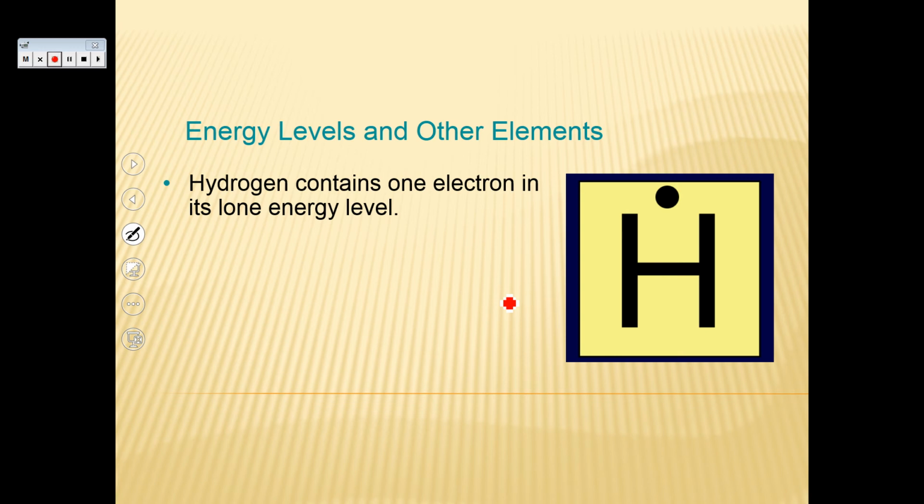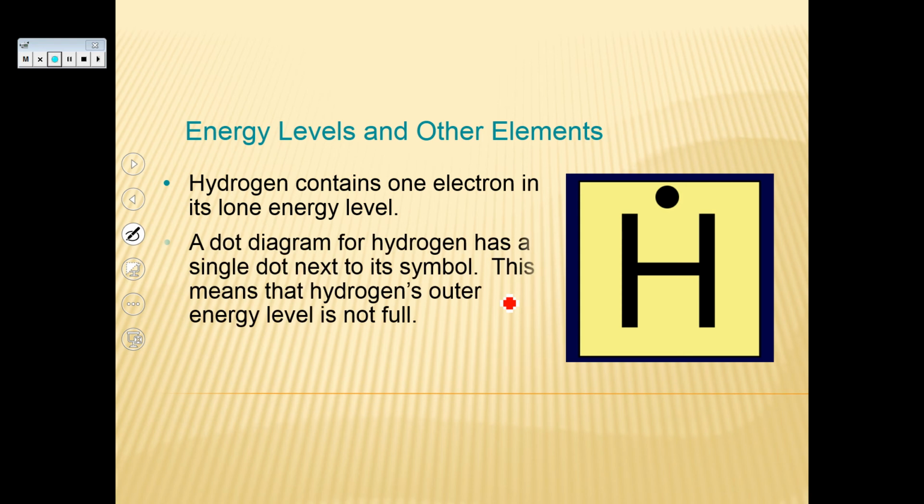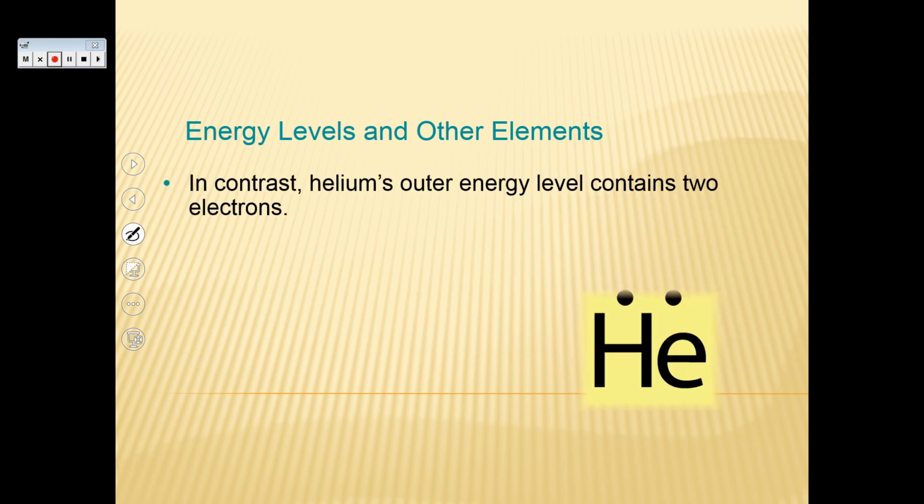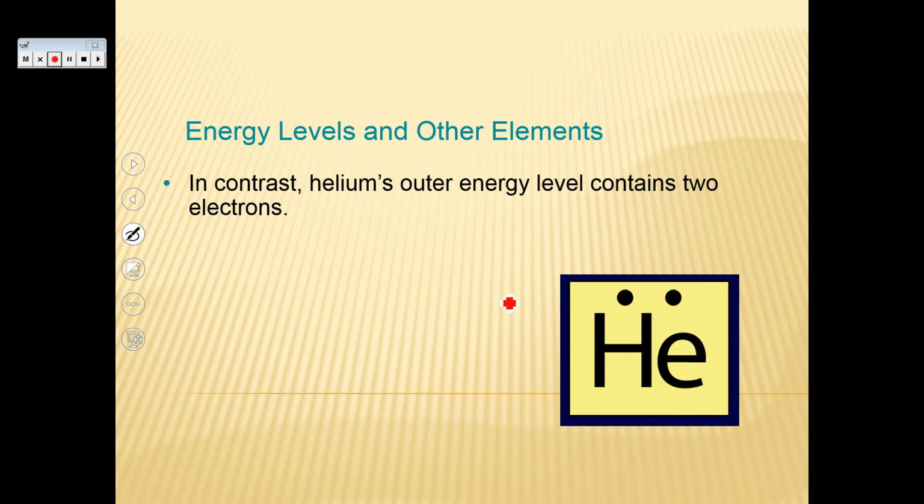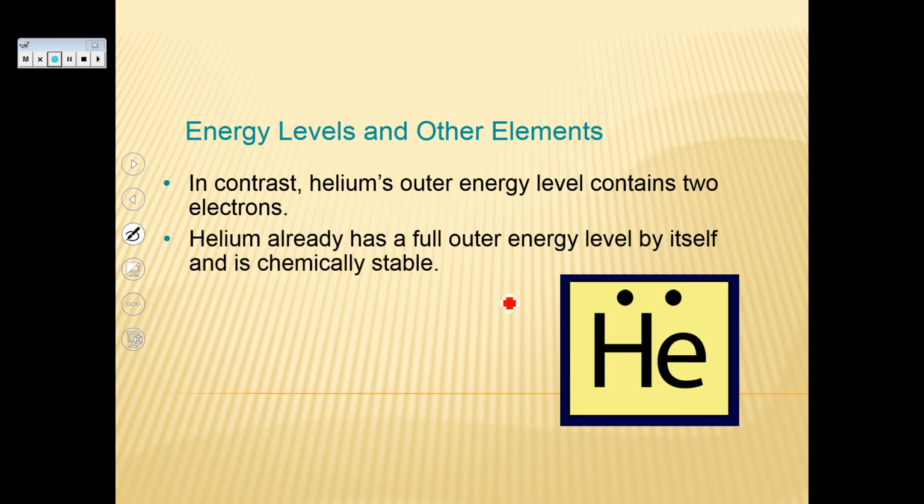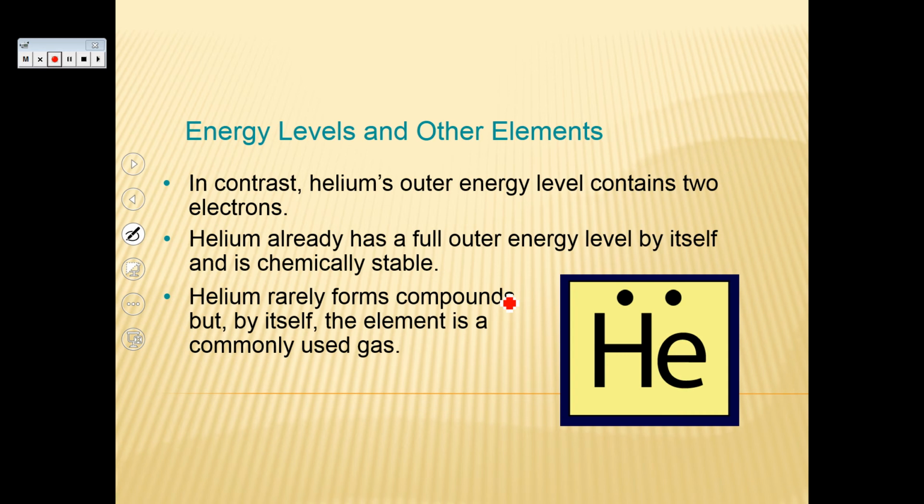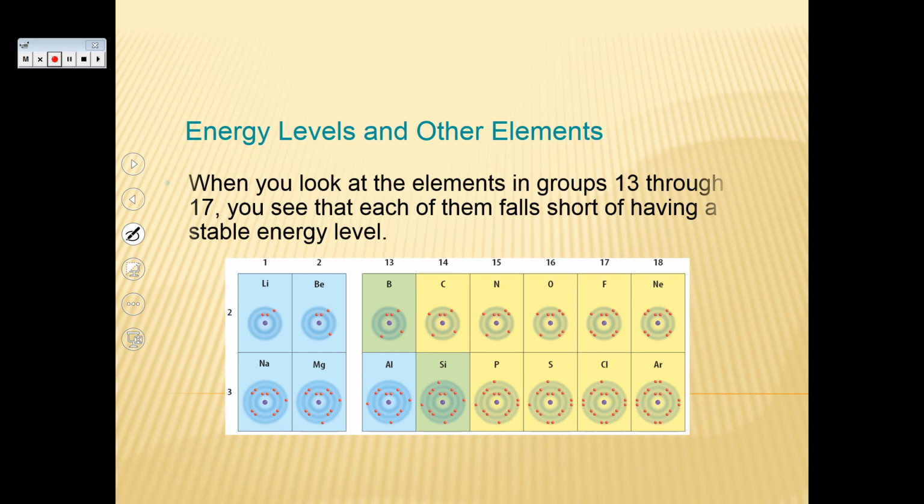If you look at hydrogen's dot diagram, hydrogen contains 1 electron in its lone energy level. A dot diagram for hydrogen has a single dot next to its symbol. This means that hydrogen's outer energy level is not full. It is more stable when it is part of a compound. In contrast, helium's outer energy level contains 2 electrons. Helium already has a full outer energy level by itself and is chemically stable. Helium rarely forms compounds, but by itself, the element is a commonly used